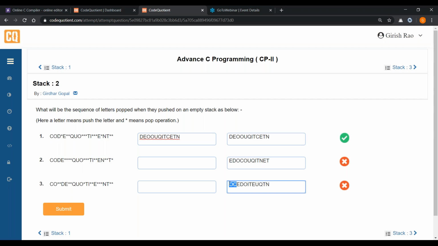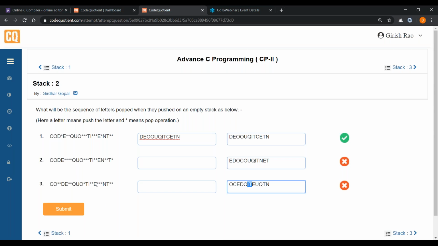So it became OC. DE was pushed, then there were two stars, so it became ED. QUO was added, and then it was only a single star, so only O was removed. Okay, QU is still there. Then I added TI, then the two stars removed that, so we got IT.